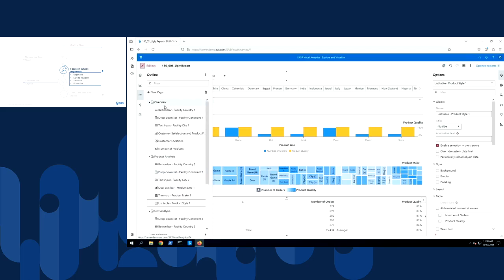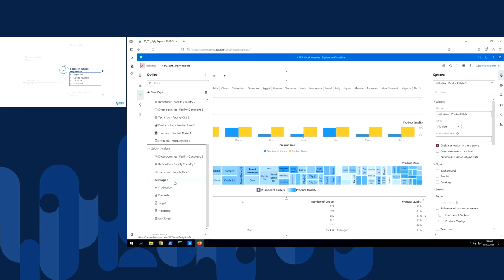So what we should have is on the Overview page, I have 3 control objects that are page prompts. We'll talk about those later. I have customer satisfaction and product profit over time. That's my dual axis time series plot. I have my geo cluster map and then my bar chart. On the Product Analysis page, I have 3 control objects that are on the page itself, not in the page prompt area, a dual axis bar chart, a tree map, and a list table. On the Unit Analysis page, I have 3 control objects in the page prompt area. I have an image, my 4 key value objects, and then my list table of unit details.